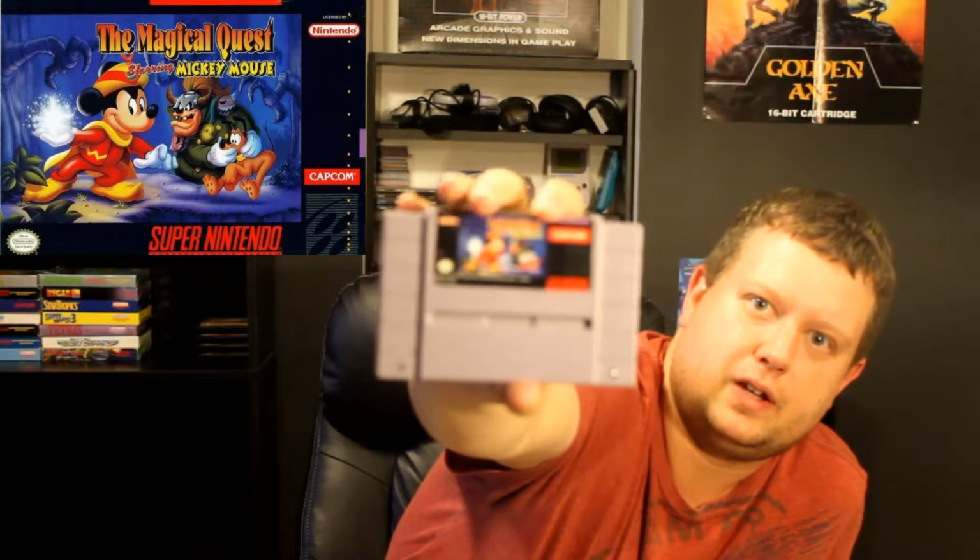This one, it's pretty good. A lot of these games are, and it's from Capcom, so Capcom makes pretty solid games, but the Magical Quest starring Mickey Mouse, it's okay. It's a platformer, and it does an admirable job of what it's trying to accomplish, and it's got some cool little quirks to it. I played it the other day, and I will continue to play that one, but it's nothing special,